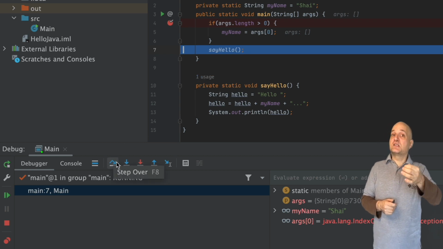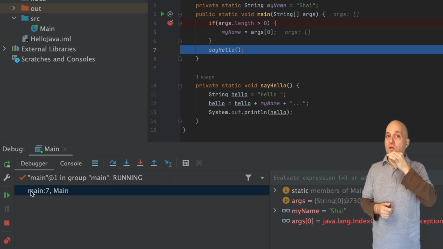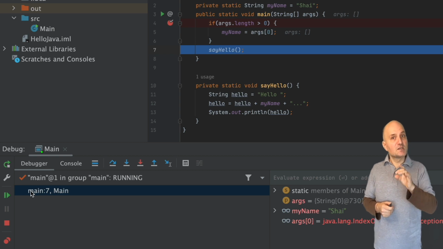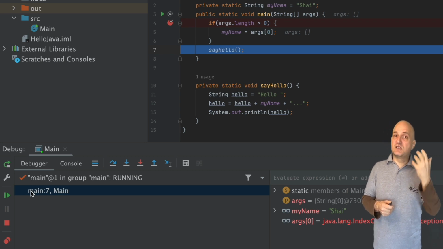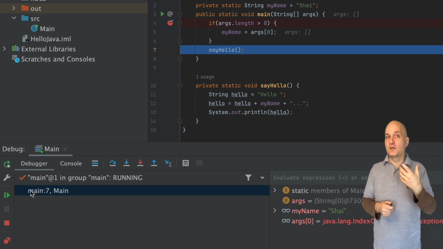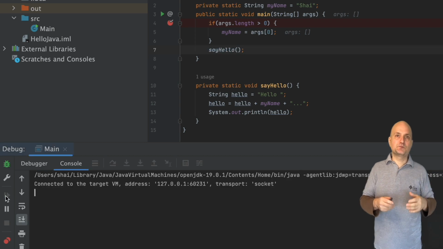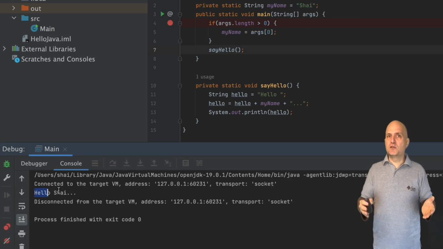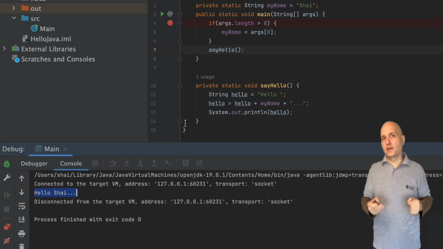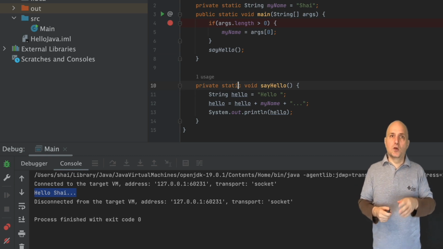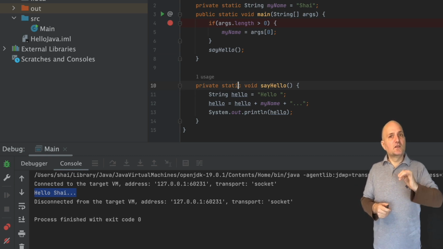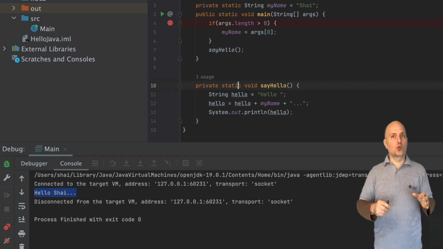Notice that it skipped the body of the if statement. That's because args has no elements, so length will be 0. Since 0 isn't larger than 0, the statement is false, and we skip the if condition. And because of that, the printout ends up as Hello Shy, same as it was before. The code we added seems to have had no impact at all.